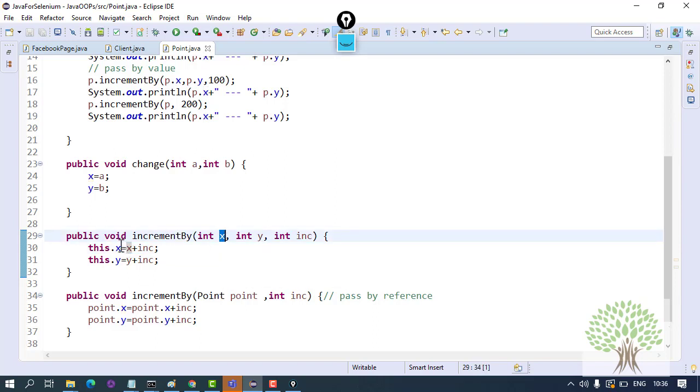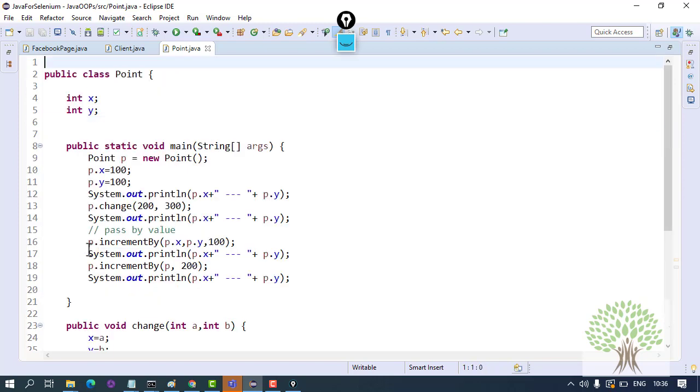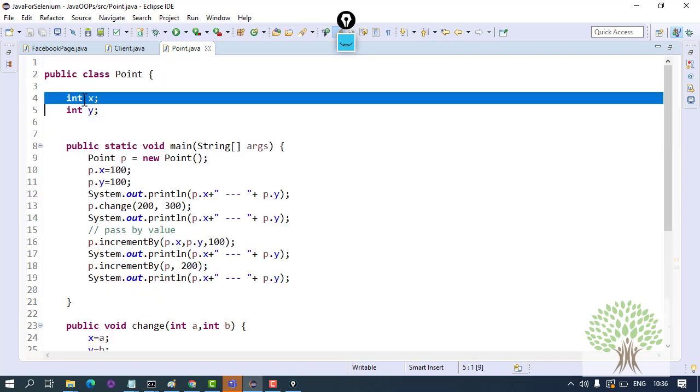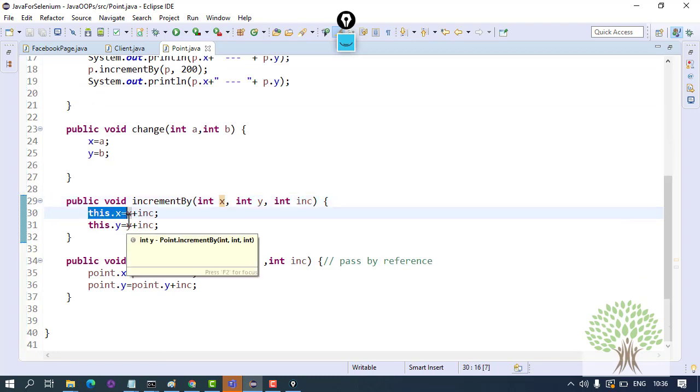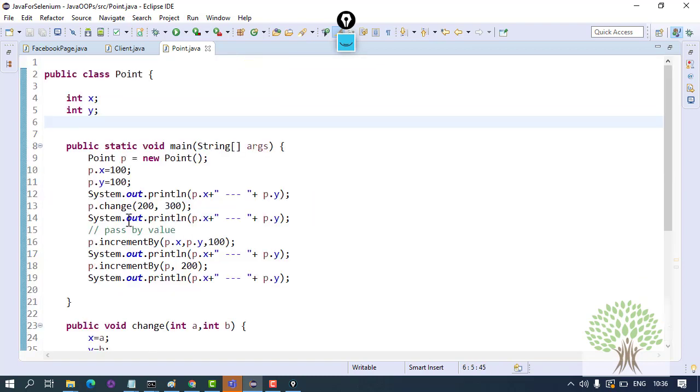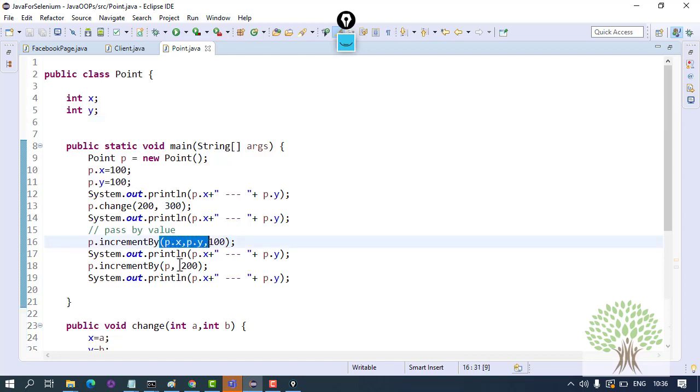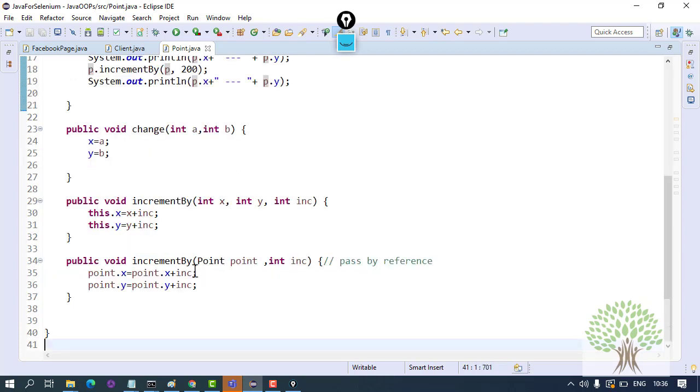If you want to access the global variable, which is basically the part of the object, non-static global variable, then you will have to use this keyword. So three things. Firstly, the primitive data types are passed by values, the objects are passed by references, and this keyword points towards the global variable if the name of the global and the local variable is same. This will be seen in constructors.